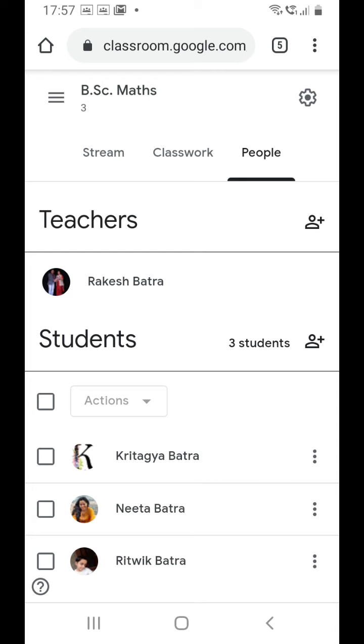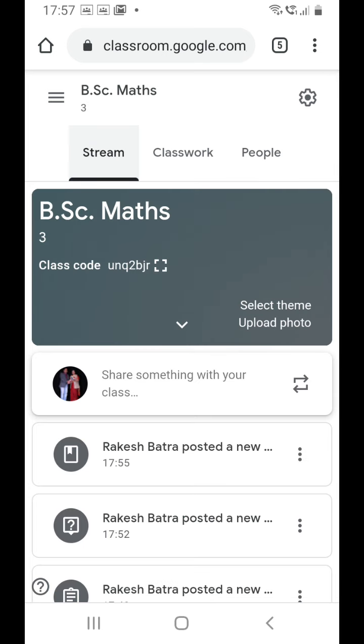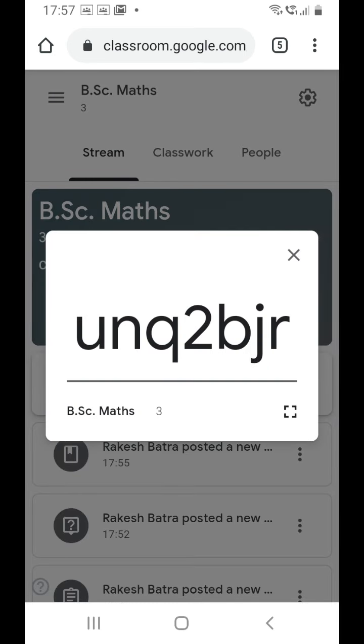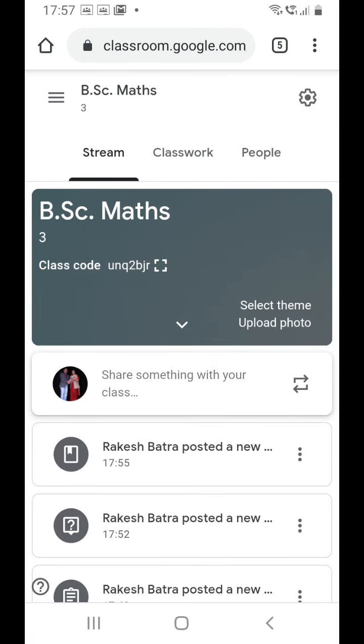Students may also be invited by sending the class code. If you click on the stream button, you can see the class code UNQ2BIR. If you click on the square, that class code will be zoomed in, and you can share this class code with your students, and they can join on the basis of this class code.